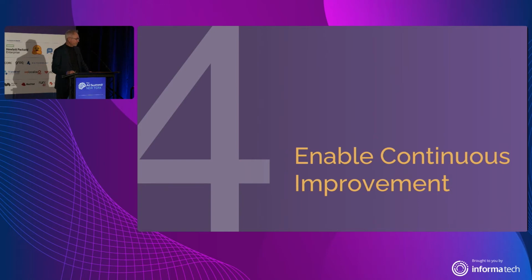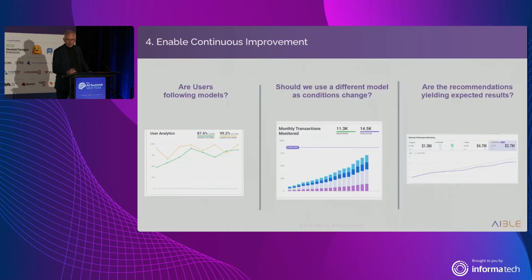If we're really going to support digital transformation, we need to create closed feedback loops in the organization. And so not only do we want to do things like get the users' feedback, but we also want to get things like, are the users actually following the model's recommendations? Are their actions aligning with what the AI is actually telling them to do? And so by monitoring what the user's actually doing over the life cycle as they come in and revisit the record, they provide more information, we can look at if they're acting on the things that the AI said do or not do. And again, we can come up with great AI models. If users aren't using them, they're not creating any value.